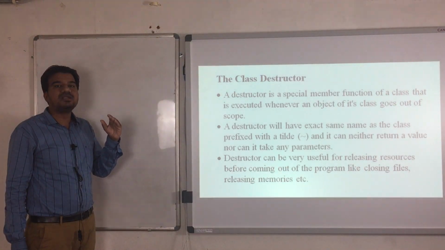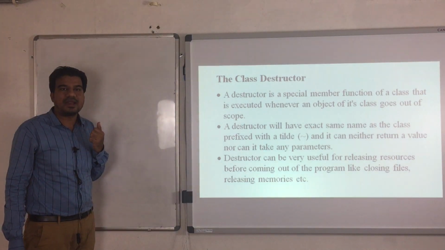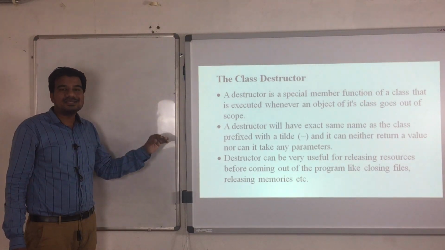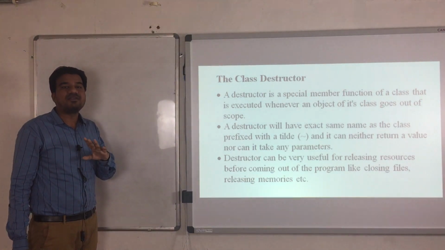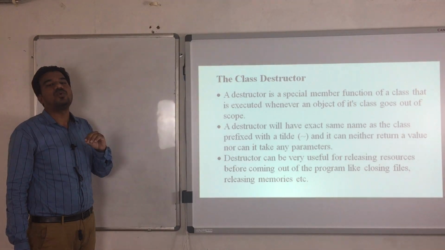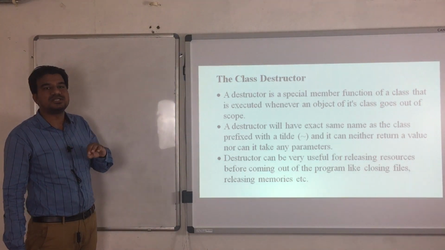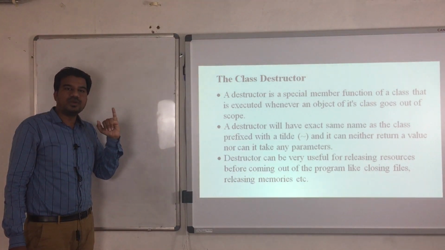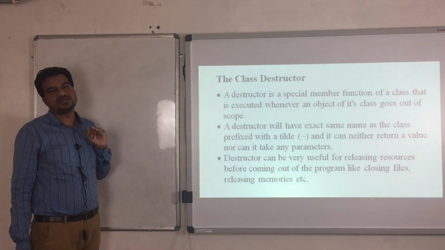If it has multiple declarations with different sets of parameters, we say a member function is overloaded. As the destructor is not going to have any parameters, there is no concept of destructor overloading. We cannot overload the destructor. Clear? So for a destructor, no return values, no parameters.